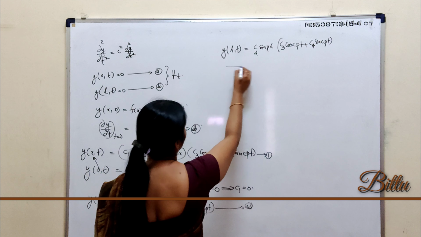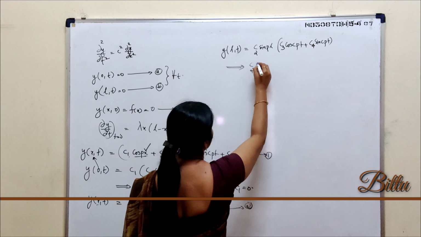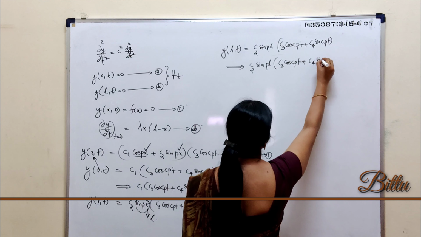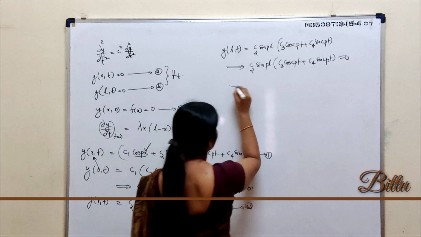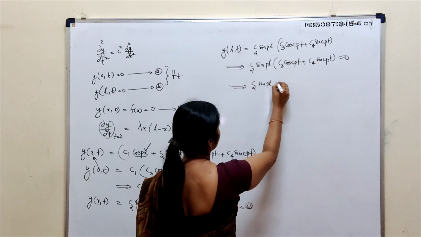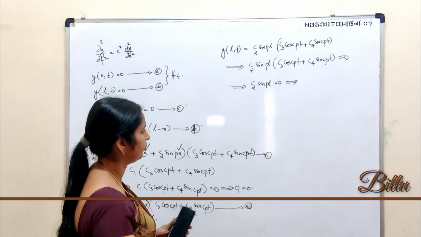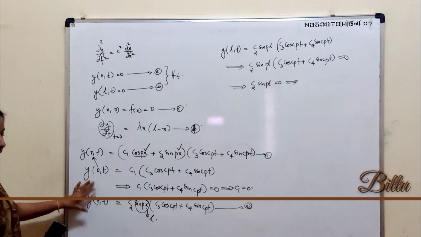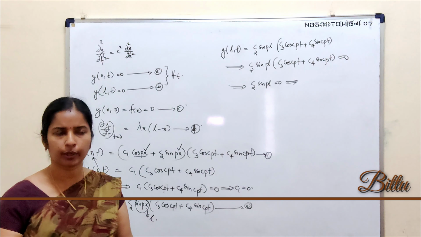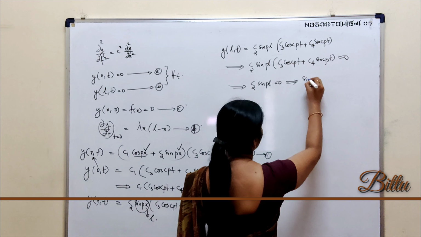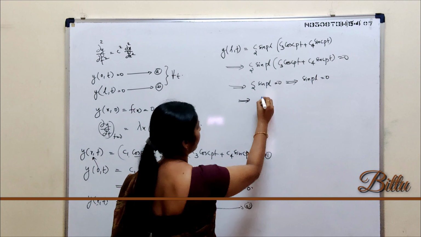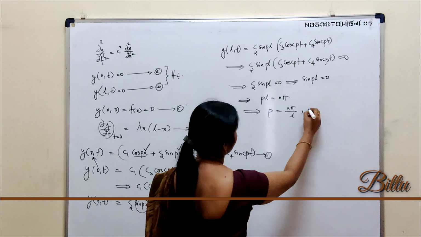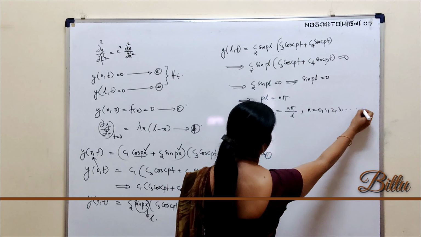See, y of l,t equal to 0, which implies C2 sin pl, C3 cos cpt plus C4 sin cpt equal to 0, which implies C2 sin pl equal to 0. Here C2 cannot be 0. If C2 is 0, from equation number 2 it is clear y of x,t is 0. That is impossible. So the only possibility is sin pl equal to 0, which implies pl equal to n pi,